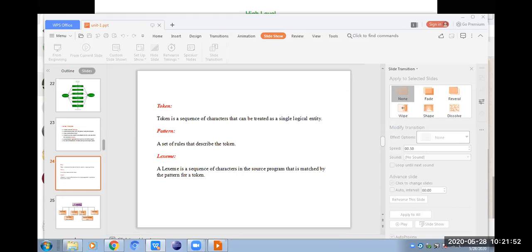Clear. What is a token? A token is the smallest unit of the programming language which cannot be divided further. A Lexeme is a sequence of characters in the source code which match the tokens. In our program, the sequences of characters which match the tokens of the language are called Lexemes. Clear. To get out of the confusion between token and Lexeme, we will come back to our previous example.